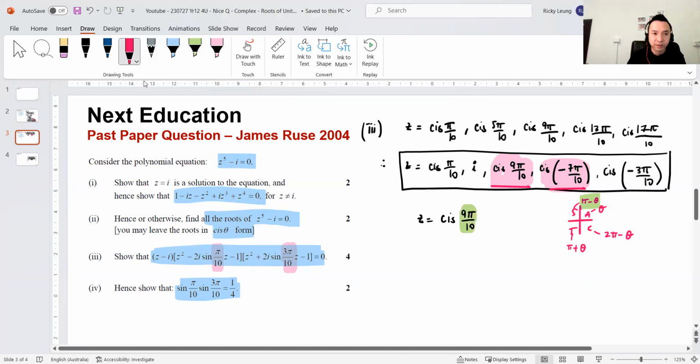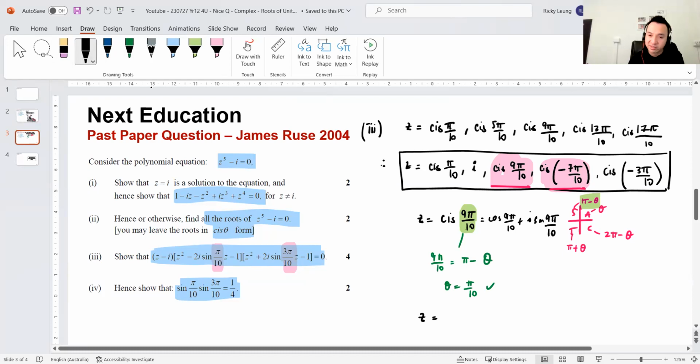because if this guy here, if 9 pi on 10 was equal to pi minus theta, then theta would equal pi on 10, right? Which is the angle that I want, one of the two angles that I want. So I'm going to assume that this guy is in the second quadrant, so use the equivalent second quadrant value. And in the second quadrant now, if I sort of expanded this, I know that this guy is going to be cos 9 pi on 10 plus i sine 9 pi on 10,